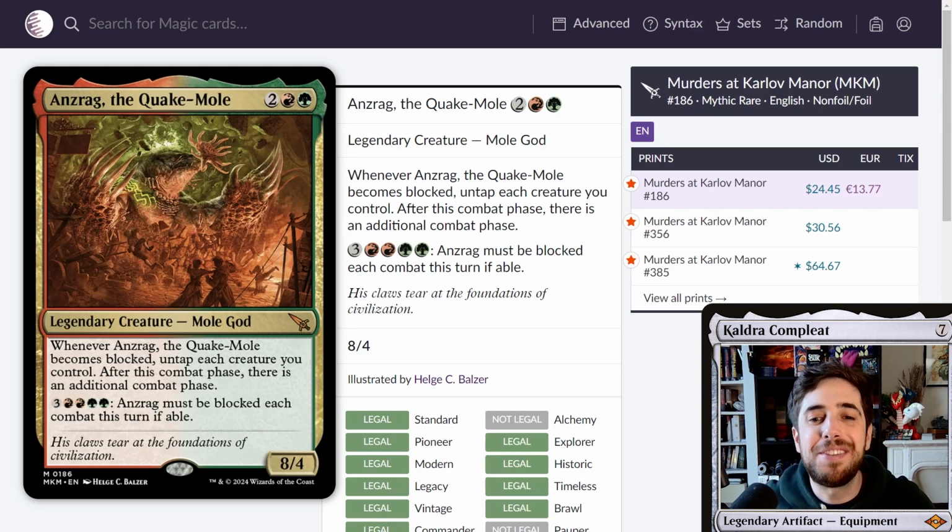All right, now we're talking. This is a commander I'm very excited about. This is Anzrag the Quake Mole. This is a 4-mana Gruul legendary creature, Mole God. It's an 8/4, and whenever it becomes blocked, untap each creature you control. After this combat phase, there is an additional combat phase. And you can spend 7 mana, 3 double red and double green, and Anzrag must be blocked each combat this